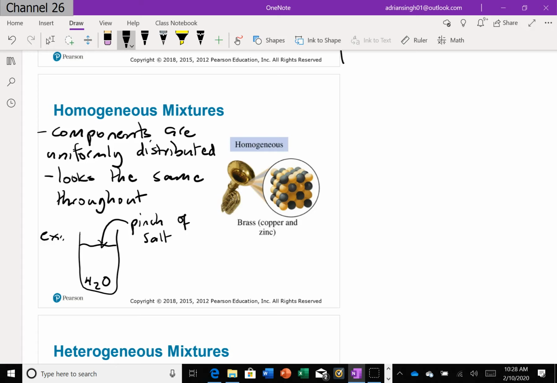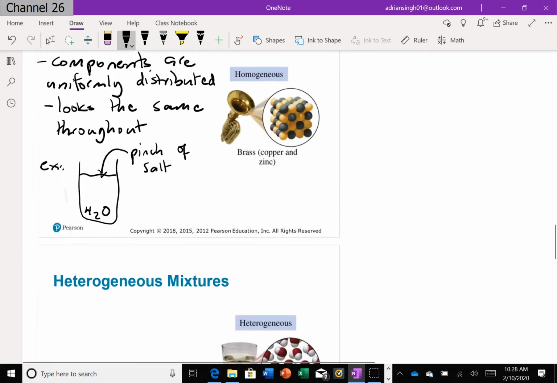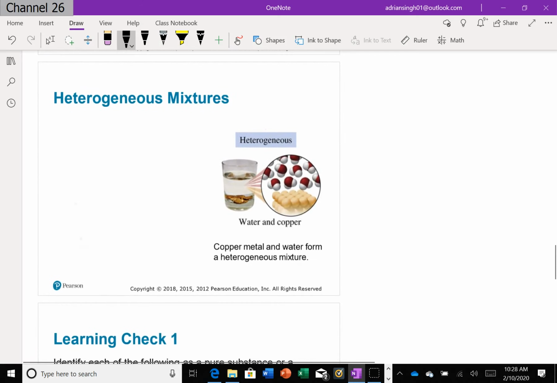So you add some salt to this, you stir it up, and you dissolve the salt in the water. Right? When you look at that sample of salty water, the top part of it will look the same as the bottom part. So the salt here gets evenly dispersed, or evenly distributed, throughout the entire sample itself. So that would be an example of a homogeneous mixture, and that's different than a heterogeneous one in which the